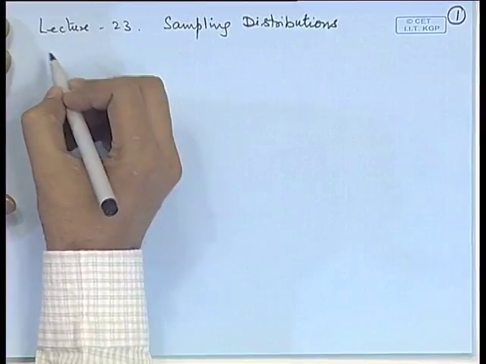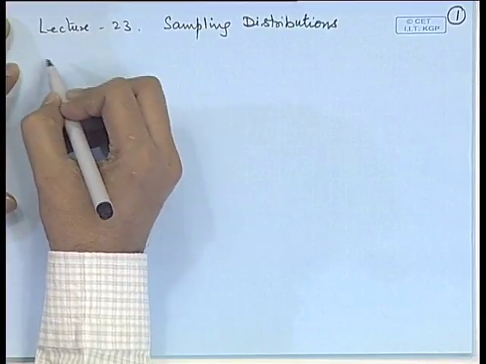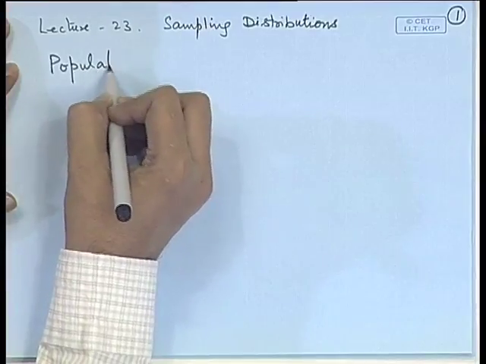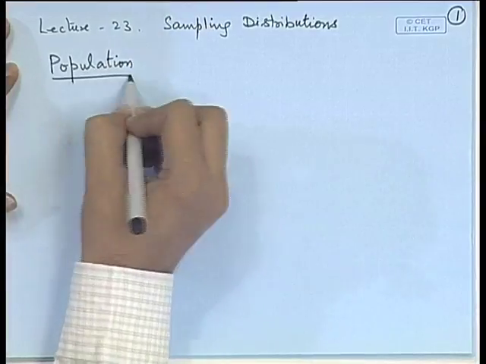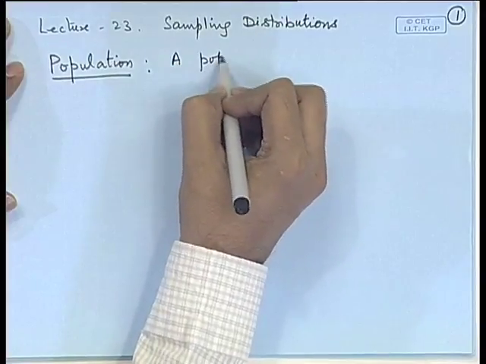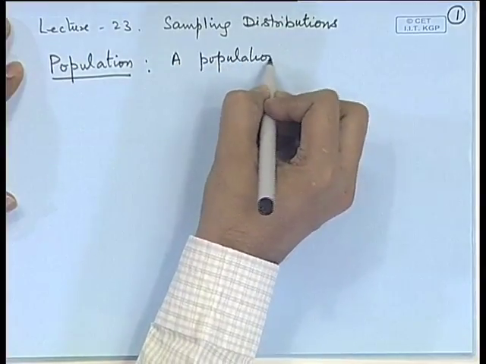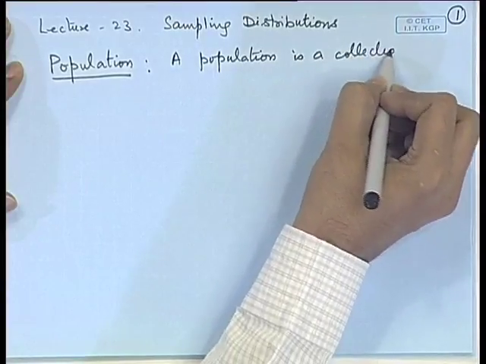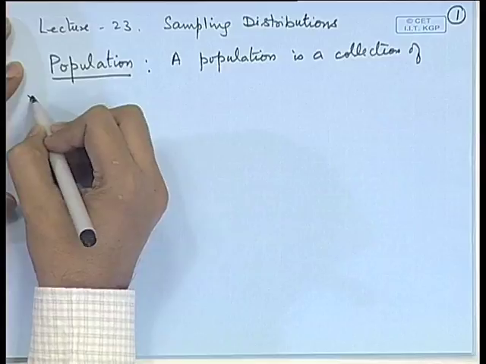Today we will introduce sampling distributions. So, first of all we introduce what we mean by a sample and what a population is. So, we introduce the term population. A population is a collection of measurements